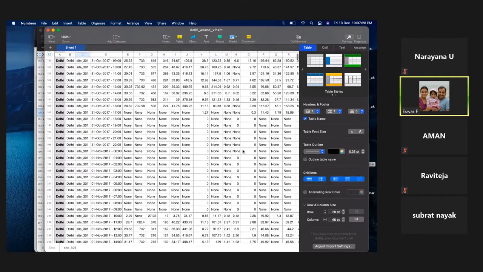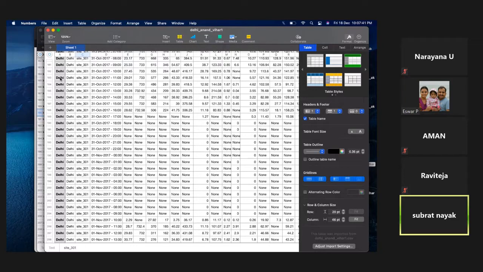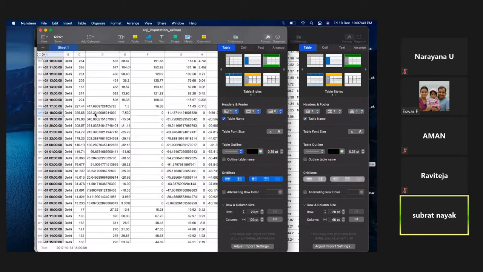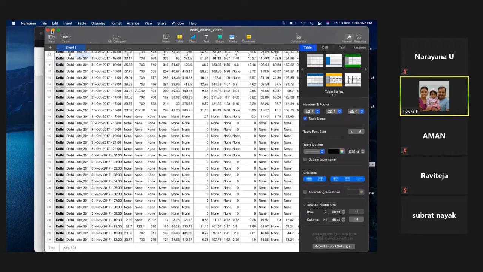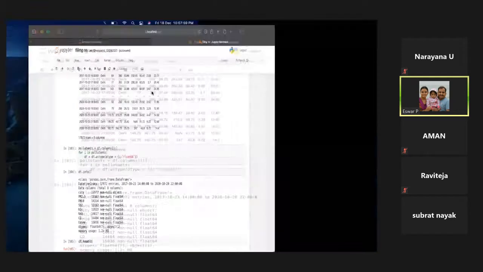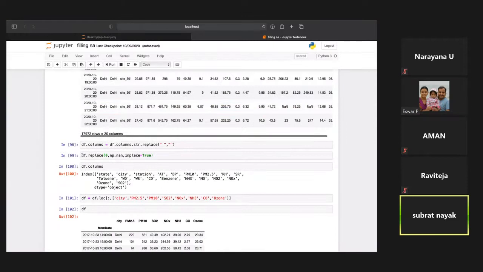Where is that? And why is it filling up negative values for those null values? For all these null values, it is filling negative values, minus 15, because somewhere 0 is there. Correct? So my question is, why didn't it replace the null values? In that sheet, where 0 is there, check whether it is replaced with another value or not. Yes, sir. I have written this code for replacing.